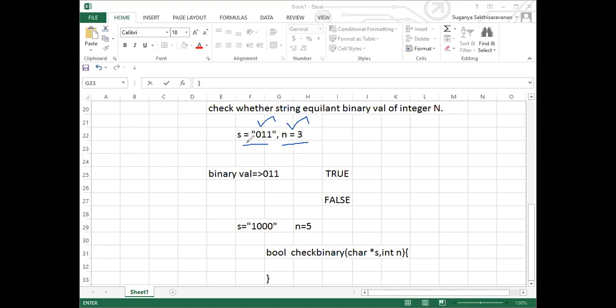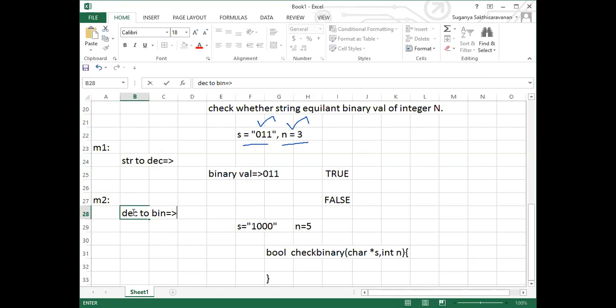So I've given two steps. Either you can go ahead with this particular binary. If you want to check for the equality, one method is you can just convert this string to a decimal number and check for the equality. This is one way. The method two is you can take this number, your decimal number, and make it a binary value.